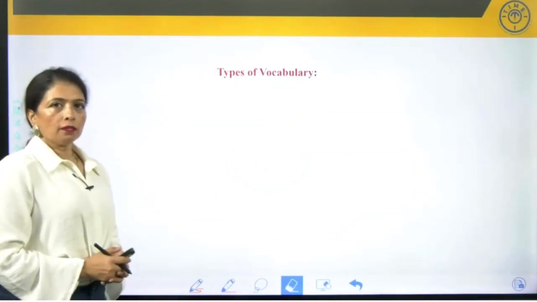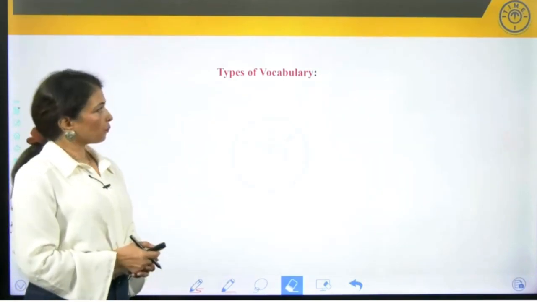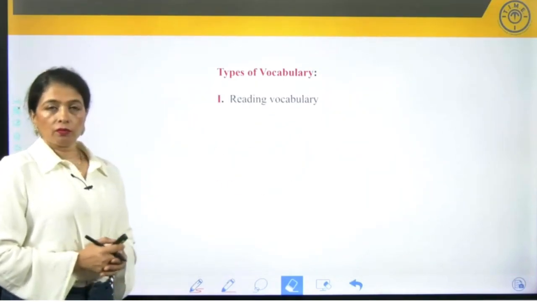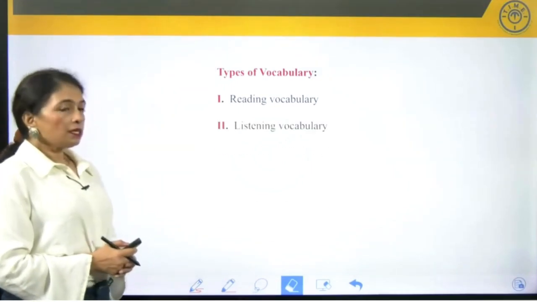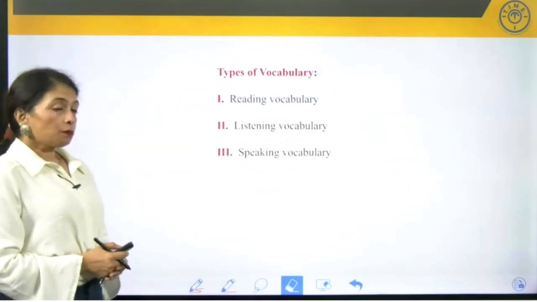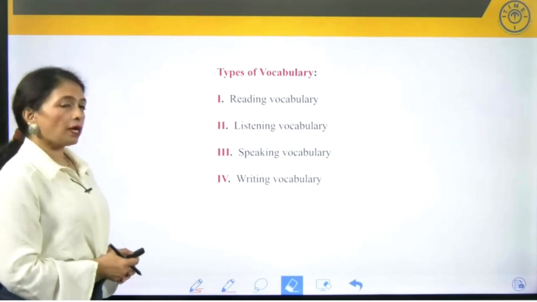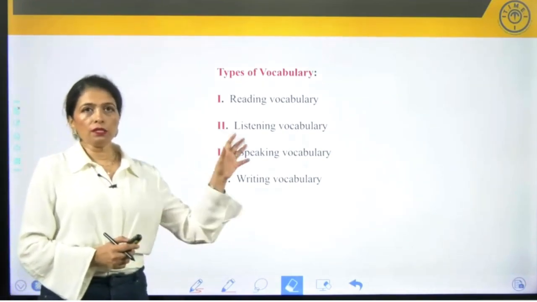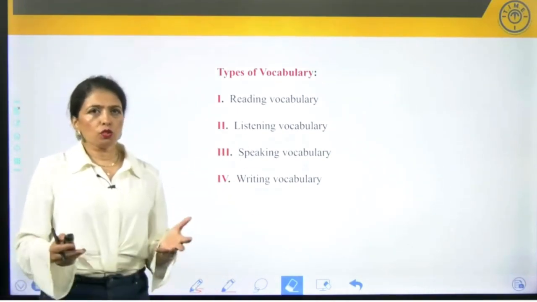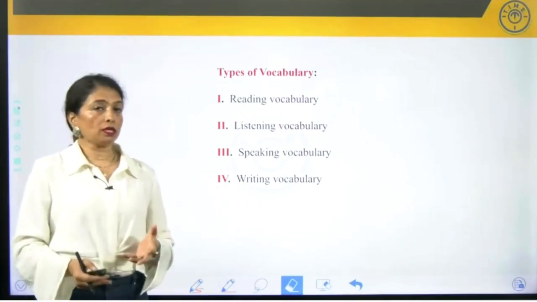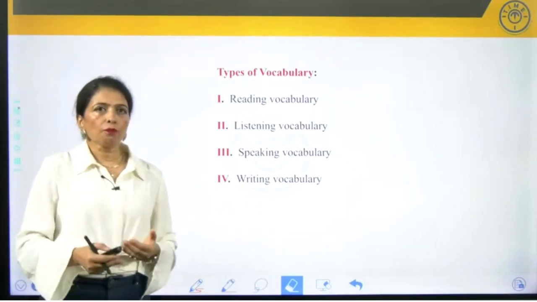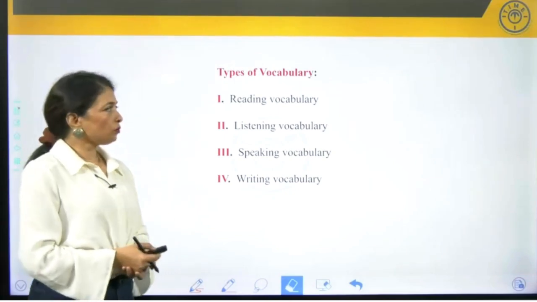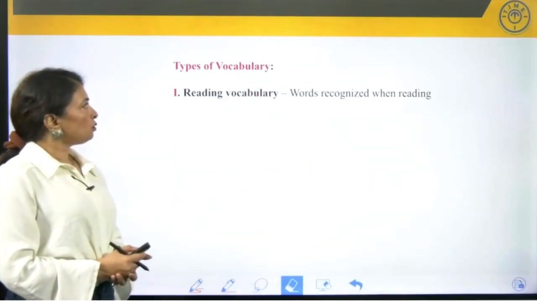Let's also look at types of vocabulary. We have the reading vocabulary, the listening vocabulary, the speaking vocabulary, and writing vocabulary. Now, these are the 4 types, and I'm sure you do understand what each means. I'll give you something more about them so that you have greater clarity. So, the first one,